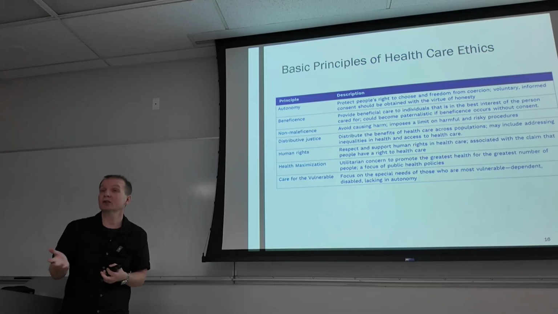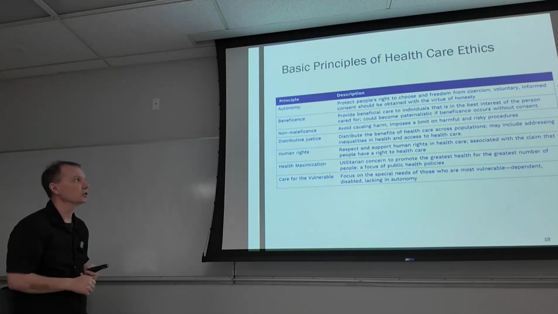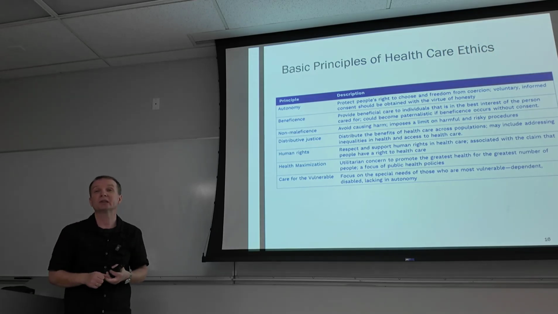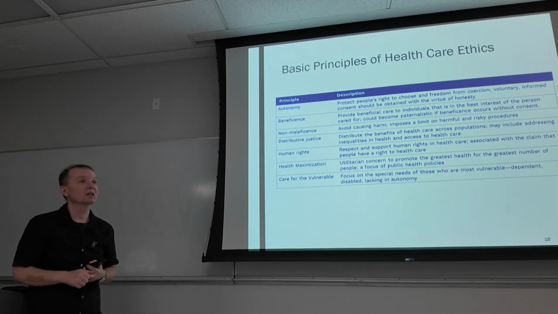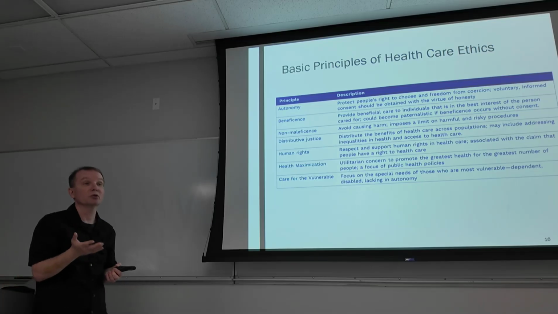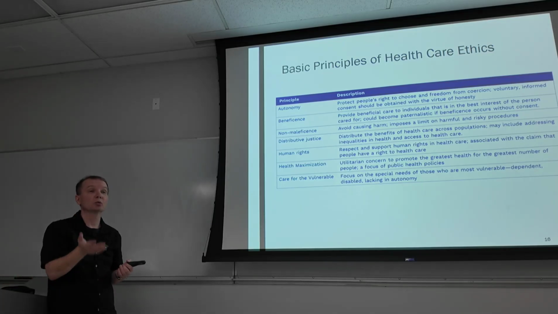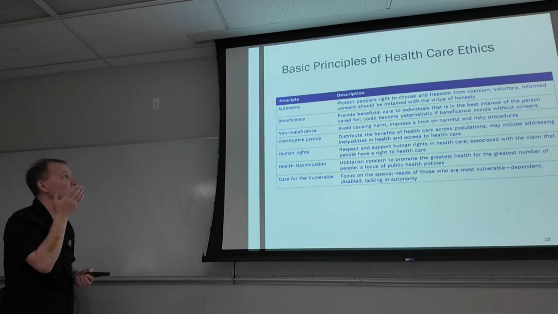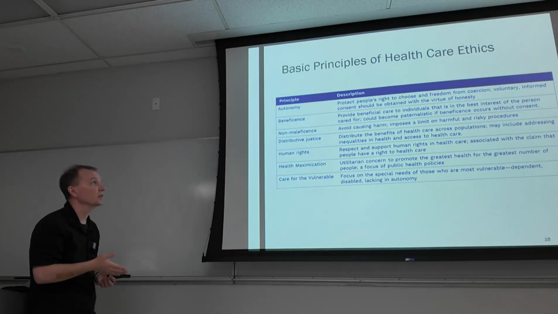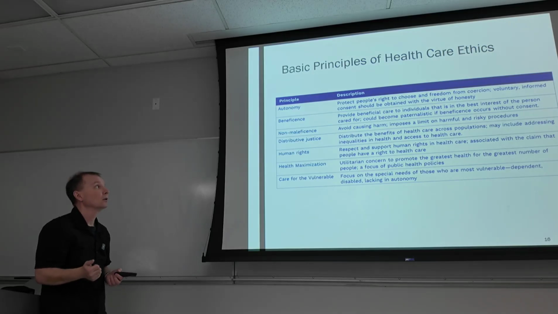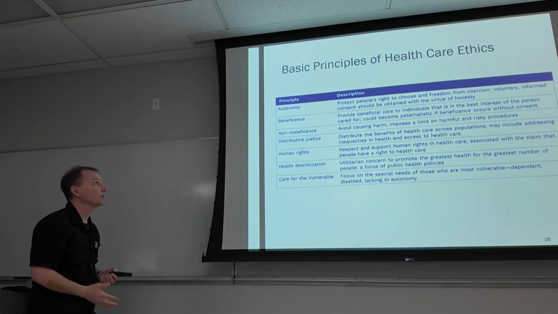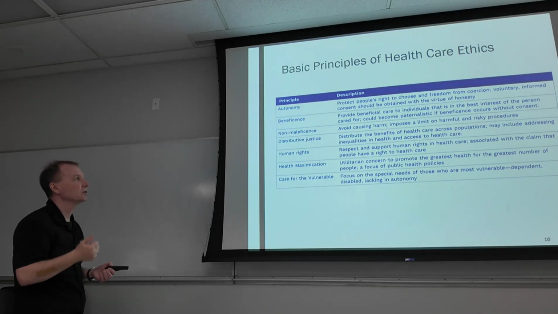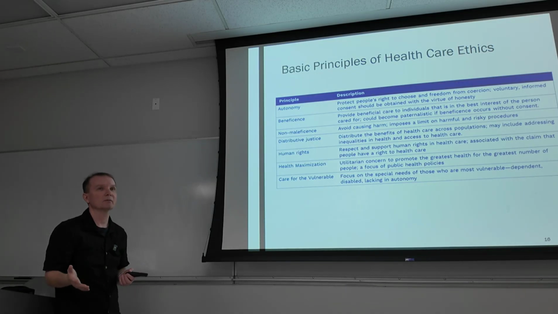Now, if you go with hard determinism, the danger here is to say that people really don't have a choice to begin with, so it doesn't matter then. But we can't operate like that. We have to presume for ethical purposes that we do have a choice and other people have a choice too. So protect people's right to choose and freedom from coercion. Then beneficence. Provide beneficial care to individuals that is in the best interest of the person cared for.